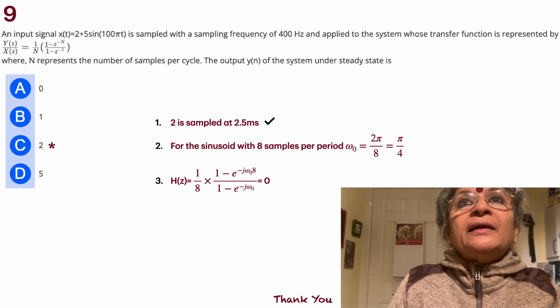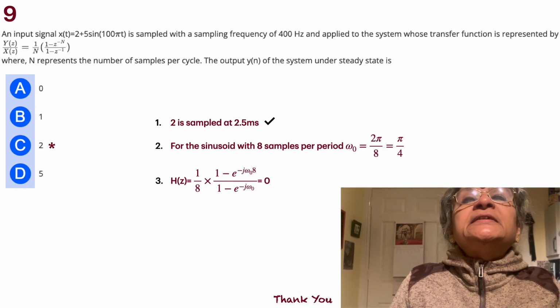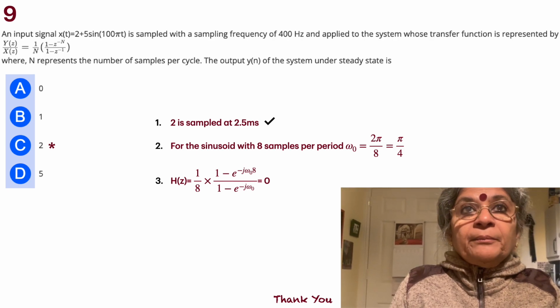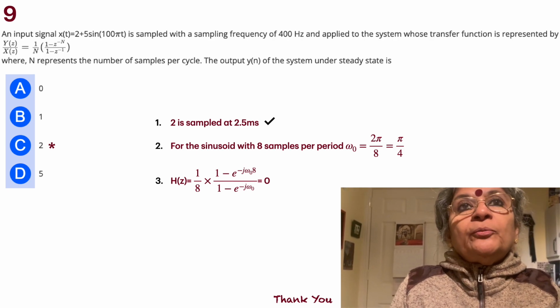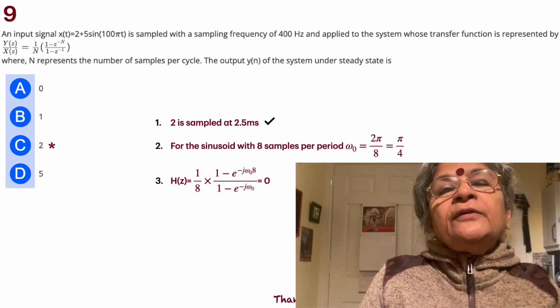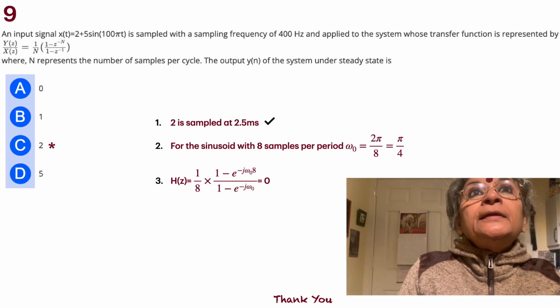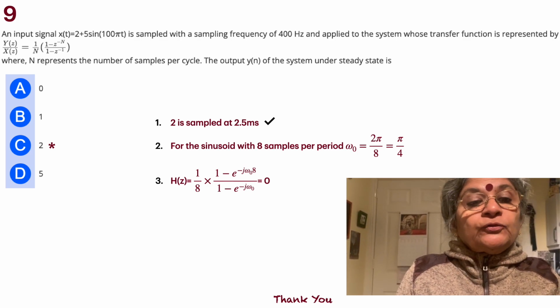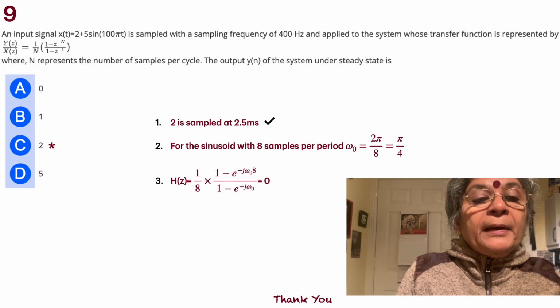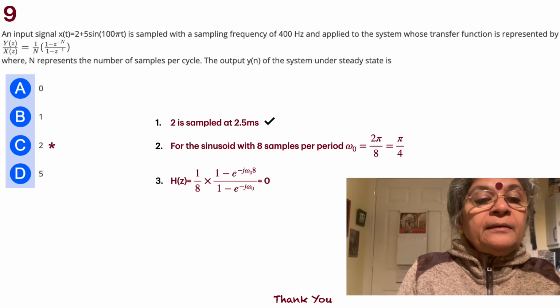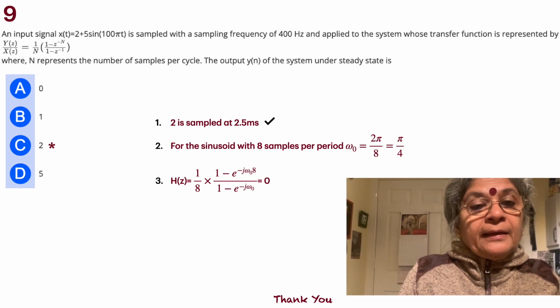So this is what we have done today. This is the very interesting nature of doing problems in the discrete time domain, because each of them gives you a different kind of perspective, and you need not do the computations at all. Of course, that is if you understand the details, and I have tried to give you the details, especially in this particular problem, wherein the filter that we have placed here, with the z transform H(z) given by 1 by N into 1 minus z raised to minus N divided by 1 minus z raised to minus 1, is now